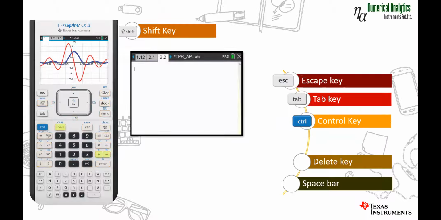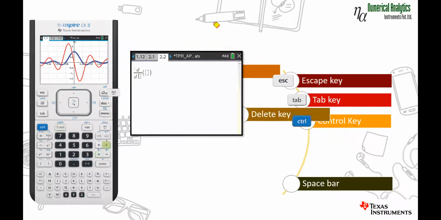Then you have a shift key. The shift key is basically used similar to laptops, like it capitalizes the letter, but it has 2 more shortcuts. Just watch. If you want the integration template or the differentiation template directly, you can get it. If you press shift plus, you get integration. If you press shift minus, you get the differentiation template. So these are the shortcuts you can use in your classroom: shift plus for integration, shift minus for differentiation.